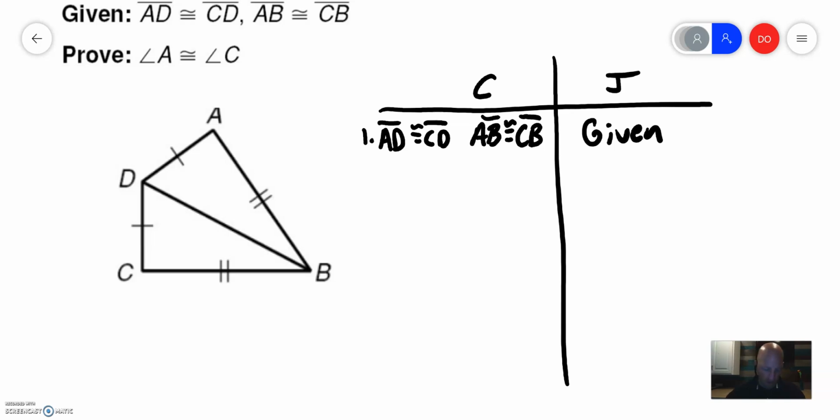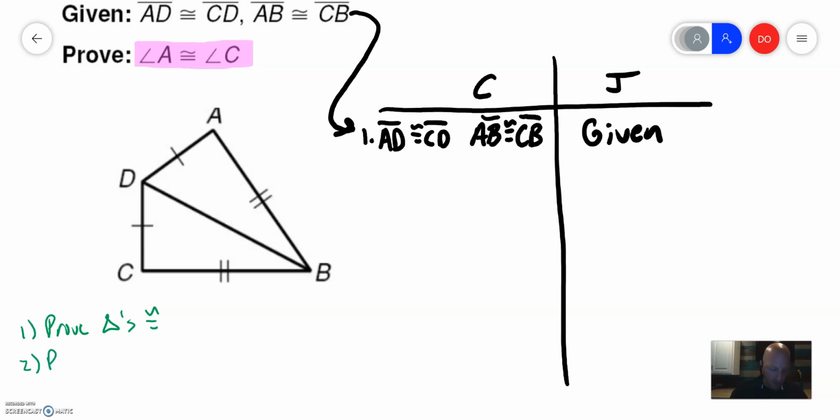are congruent. Remember, every proof always starts with the given, what the problem tells us is true, and every proof will always finish with the goal of the proof. And in this goal, we're trying to prove that angles are congruent, so our mindset should be first prove triangles are congruent, and after we've done that, then we can prove the angles are congruent, so we can prove the parts are